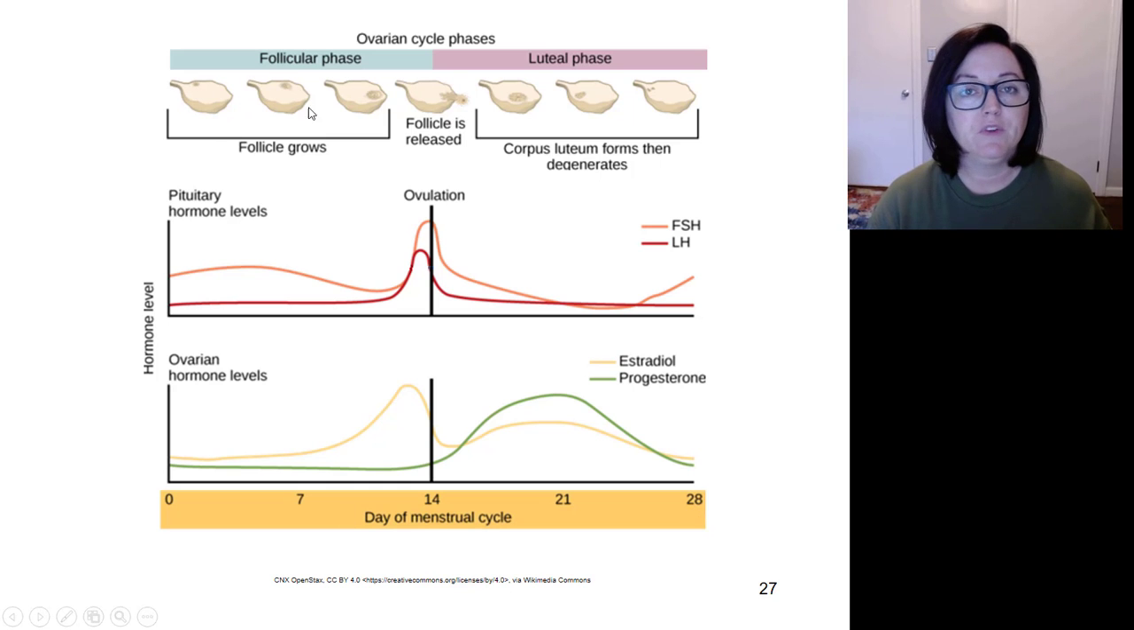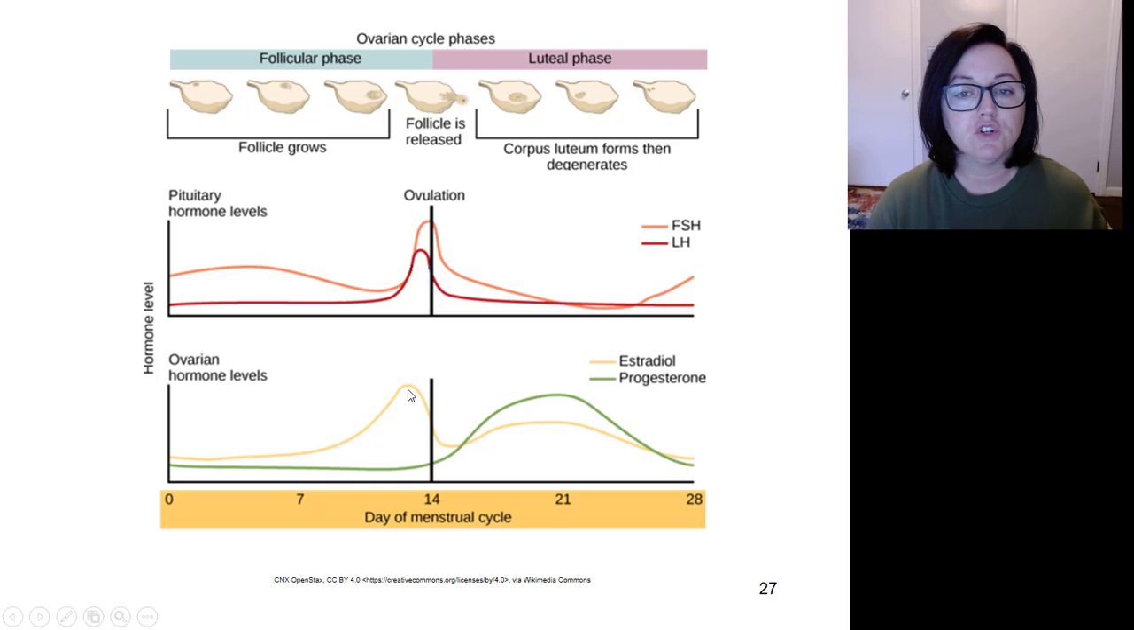So you can see during the follicular phase, the follicle is growing. Don't forget that this is going to be caused by the orange line here, which is our follicle stimulating hormone. As the follicle develops more and more, it starts to make more and more estrogen, which we see here in yellow. Once the estrogen reaches that peak critical concentration,